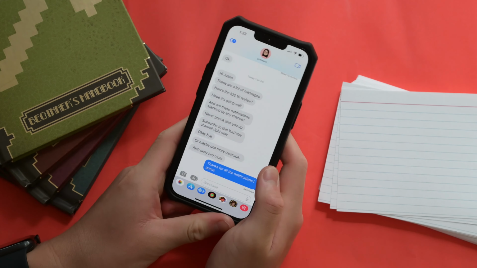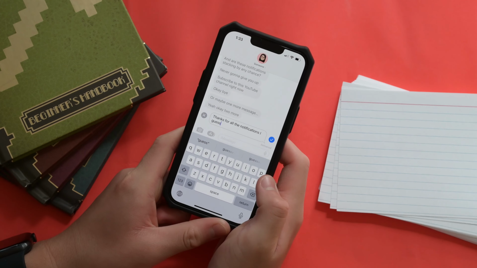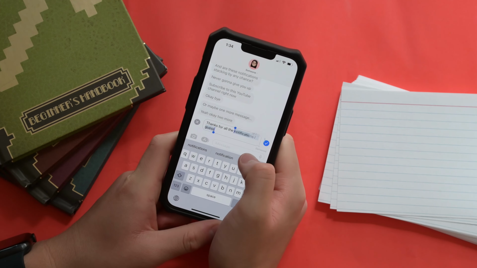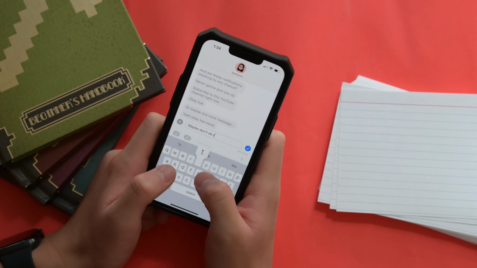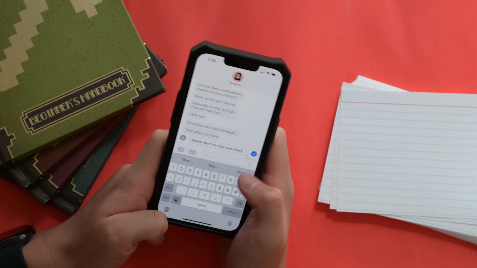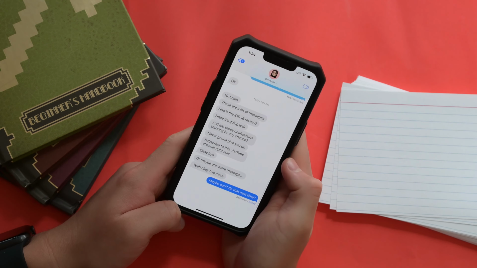There are 3 big changes here, the first one being, finally, the ability to edit your messages that you've sent. There is a time limit though. You have 15 minutes from once you've sent your message to make an edit to it. So if you've made a typo or you come back to the message and you see that something's wrong, you can just tap and hold on it, select edit, change the message, and once you're done, it'll update on the